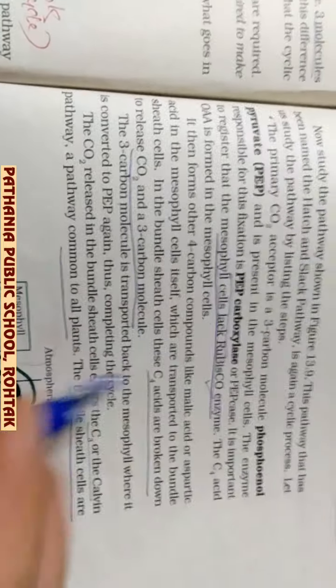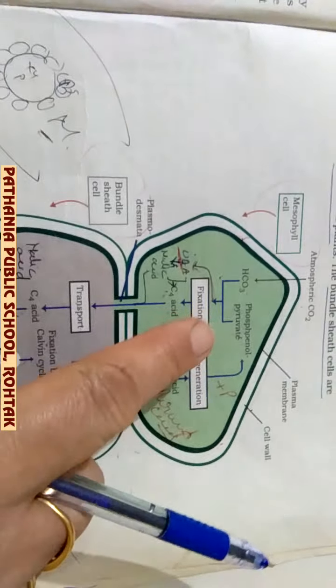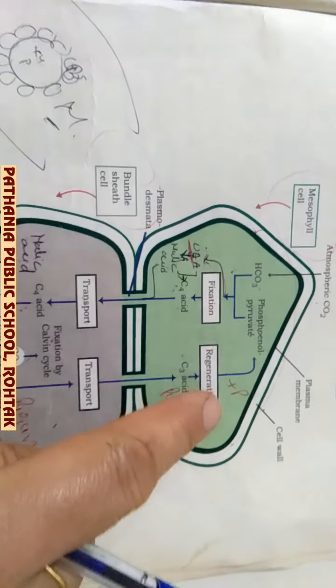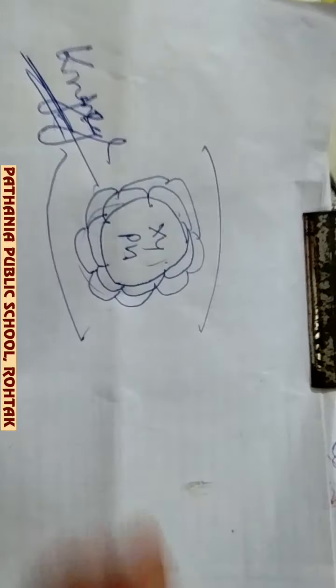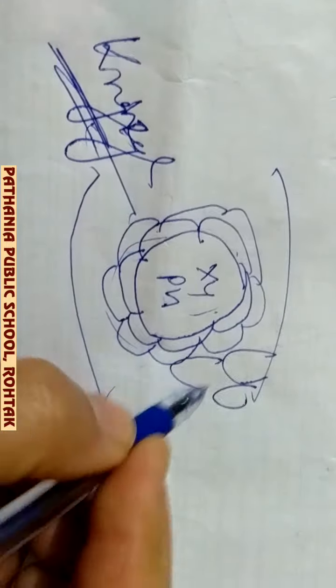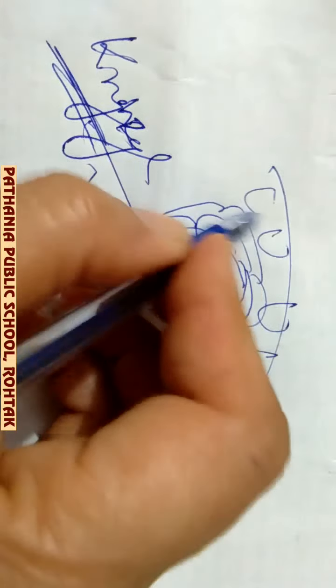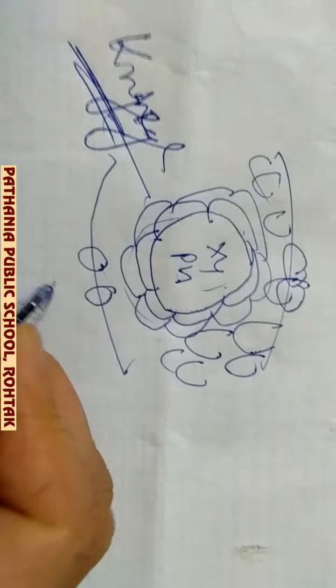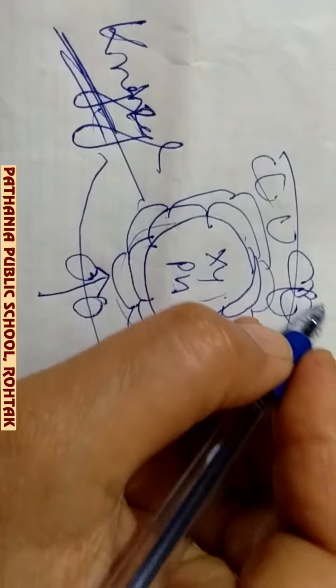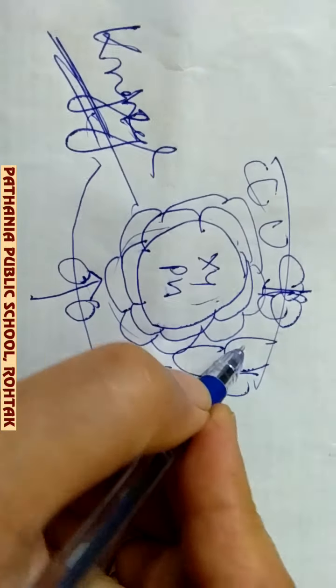Now we are coming to the C4 cycle. What happens in the C4 cycle? Number one, the carbon dioxide, why are two parts there? Because this pathway takes place first in the mesophyll cell and then in the bundle sheath cell. Where are the mesophyll cells? Suppose this is the leaf, so here all mesophyll cells are there around this, and here the stomata are there, here also the stomata are there. So gaseous exchange takes place through the stomata, and then it enters the mesophyll cell.